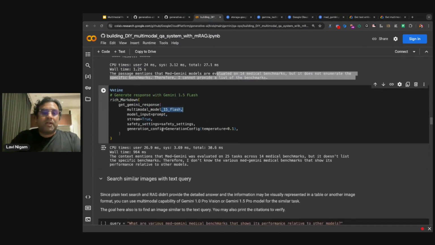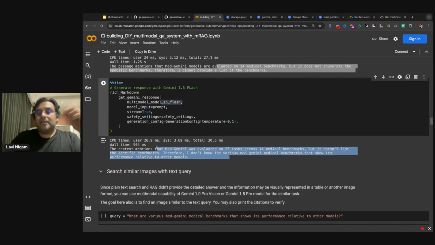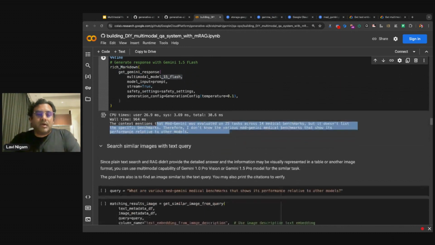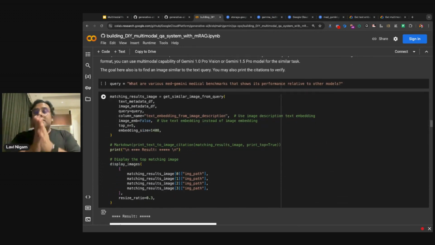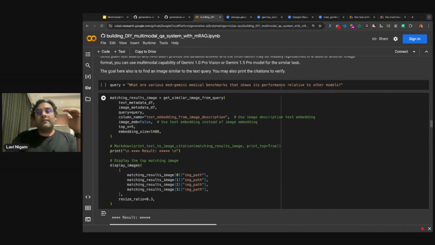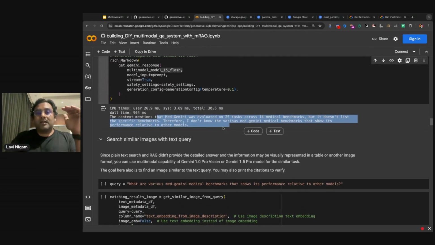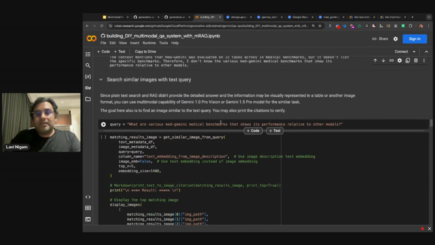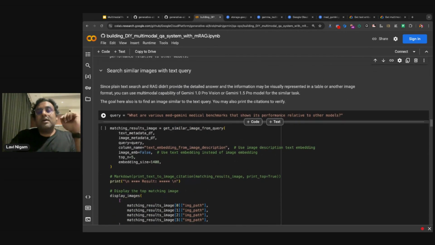Similarly, I tried the Flash model as well. It gives you exactly the same answer, that hey, it was done using this, but I can't get to the actual part. All right, so then we see the next part. So we say, okay, we can't get to the answer using the text part of things. Can we use